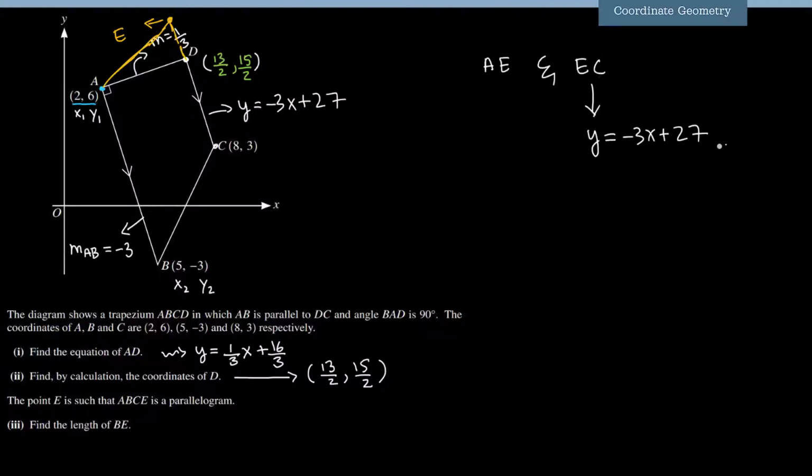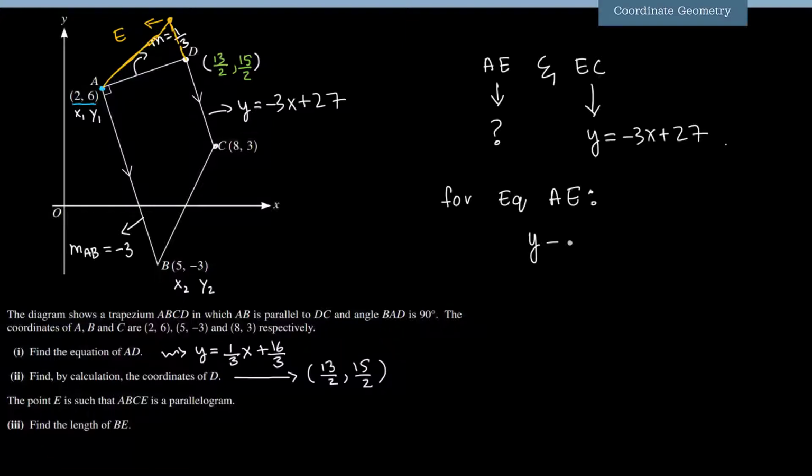And in the third part, I need to find the length of BE. But first, to find the length of BE, I need to first find the coordinates of point E. And to find the coordinates of point E, I am going to solve the equation of line AE and line EC simultaneously, because point E is the point of intersection of these two lines. I don't know the equation of line AE, so that I need to find. So for the equation of line AE,